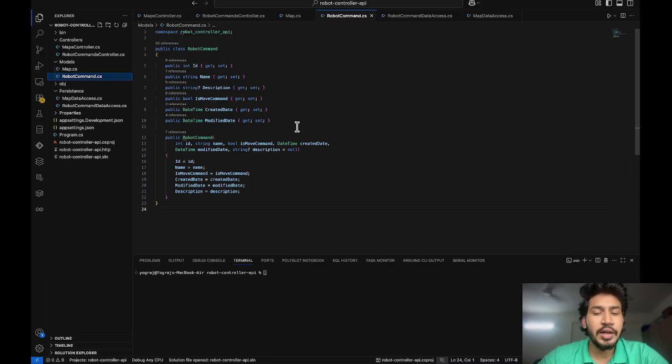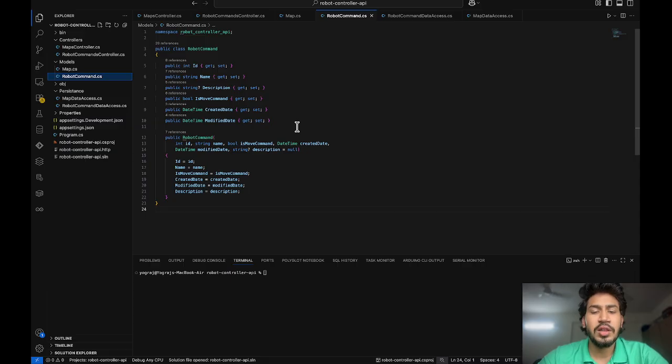After that, the created date, with the date time data type, which records when the command was first created. After that, the modified date, where I used the data type DateTime, that records when the command was last updated. I also defined two constructors. The first is a parameterless constructor, and the other one is the parameterized constructor that takes all the values as arguments.